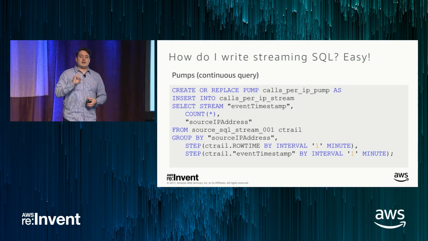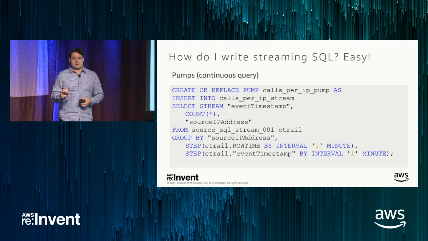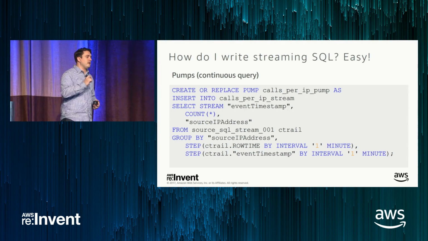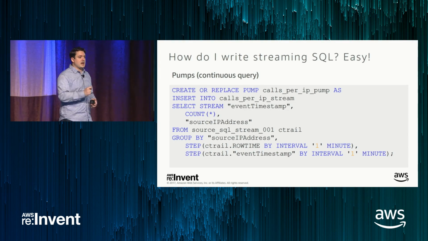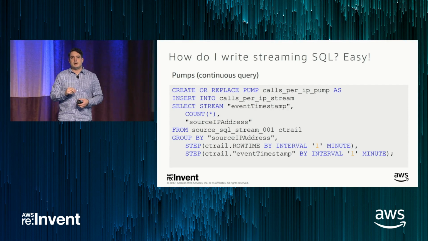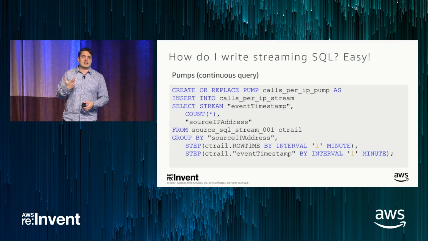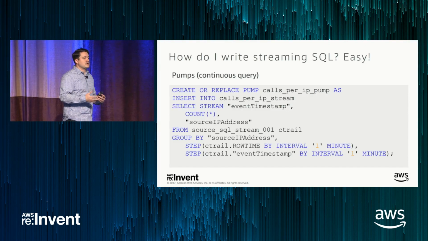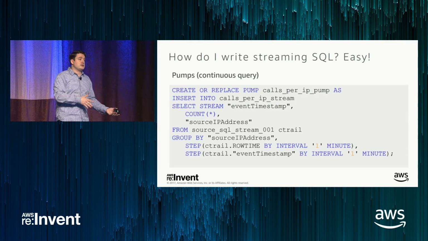So here I'm selecting the event timestamp, which is an important concept that I brought up. This is the timestamp when the event was actually created. That timestamp that I brought up earlier in the presentation. You make the API call to the service, it gets a timestamp. We're calling that the event timestamp, approximately when the event was created. You could use your own timestamp associated with the API call as well.